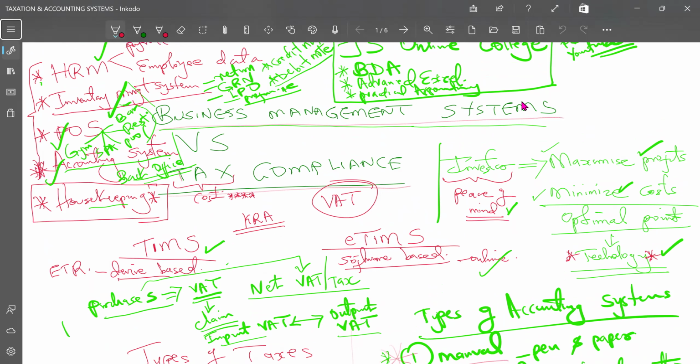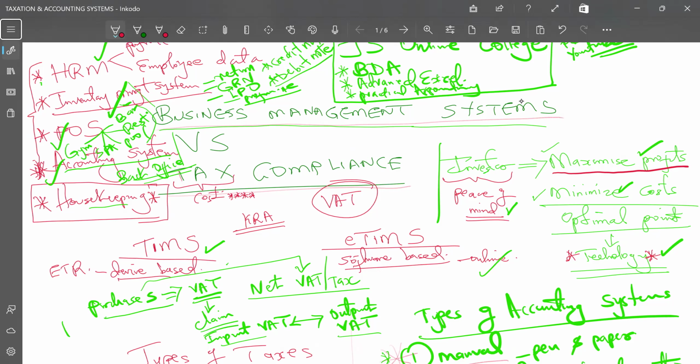As an investor, as a business person, you are looking at your returns. Now, as you look at your returns, it means your cost is very critical. Now, when we talk of an accounting system, and we know very well, for you to maximize your profits as an investor, as a business person, you must have peace of mind. Whenever you are seated somewhere, you know very well that you've invested your money, whether you've secured a loan or you've sacrificed your savings so that you start up a venture, an investment, a business in this case.